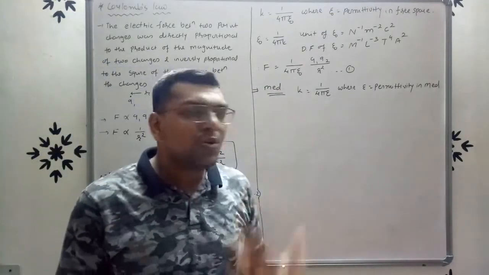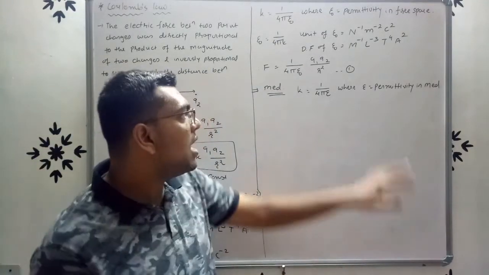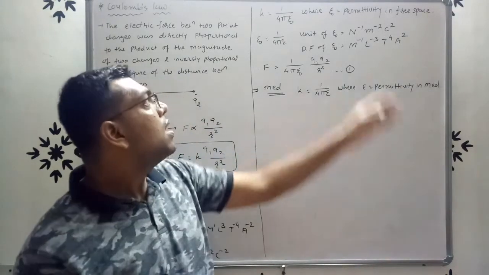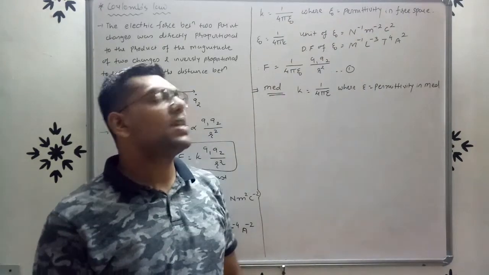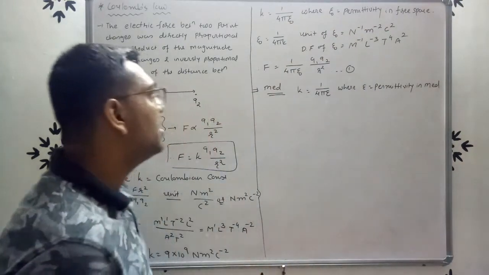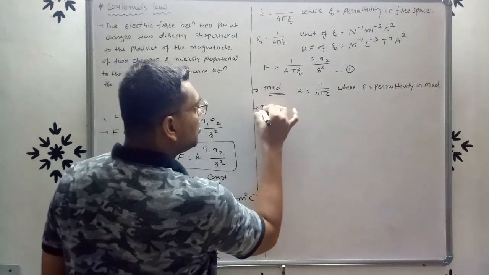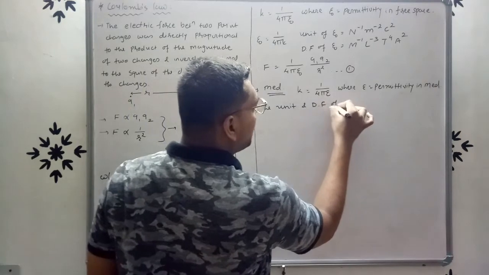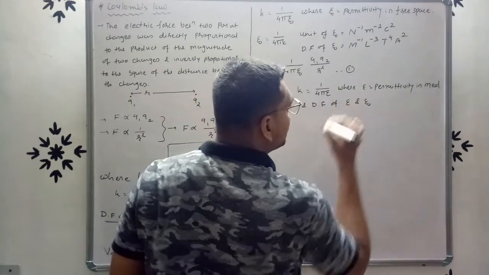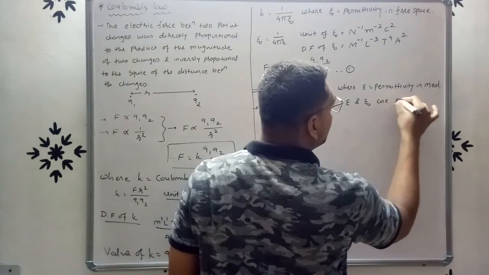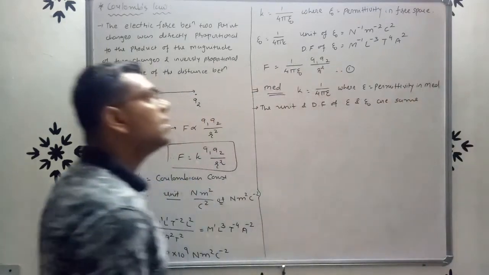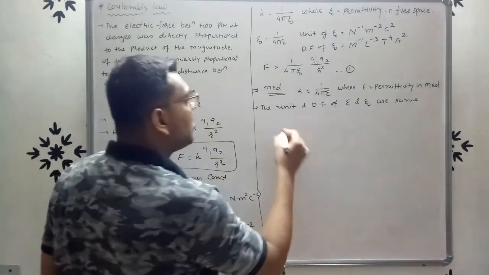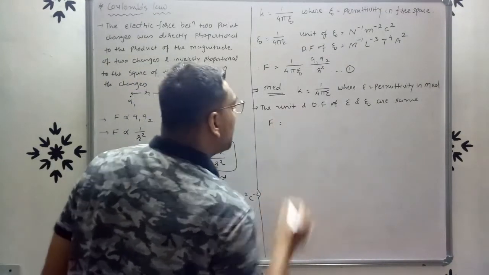So the unit and dimensional formula of permittivity in medium, epsilon, and permittivity in free space, epsilon 0, are the same, right? So if there is a medium, then we can write the force between 2 point charges